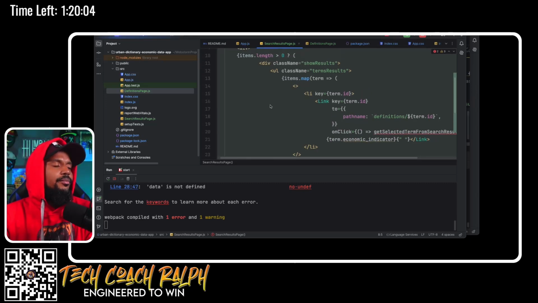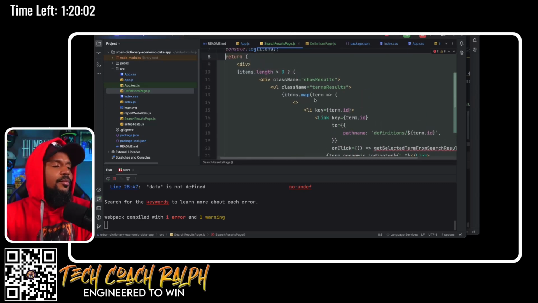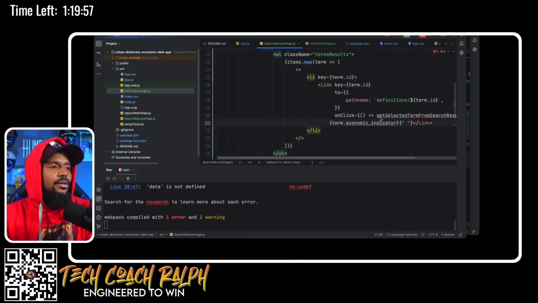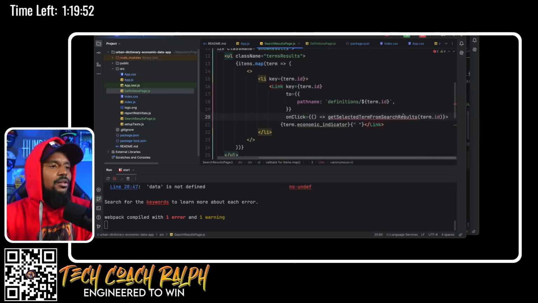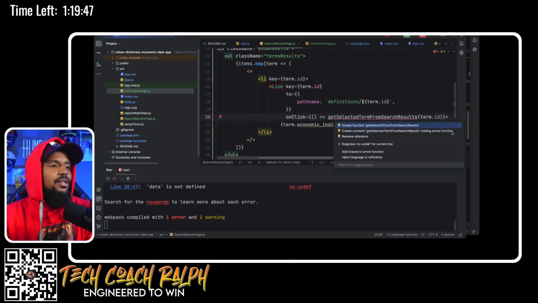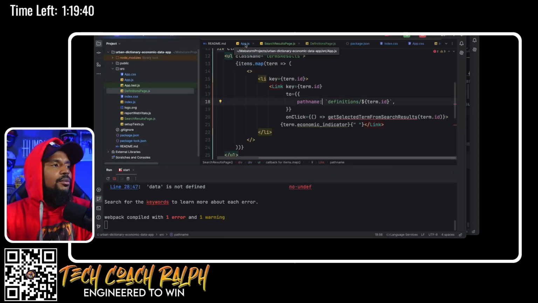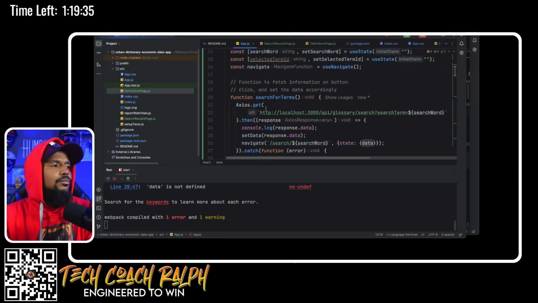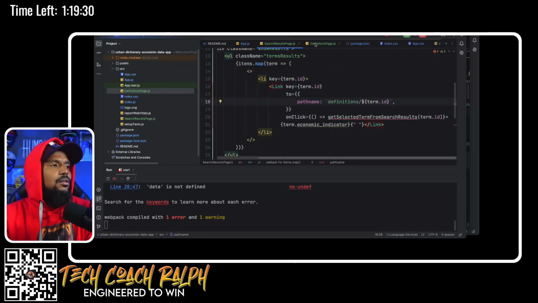Okay. Lunch break. See if that is it for now. It did seem redundant. All right, so now it's saying that getSelectedTermFromSearchResults is not in here, but we could probably get it from somewhere else. Before we go to break, let's see if we can get that from somewhere else. Function getSelected